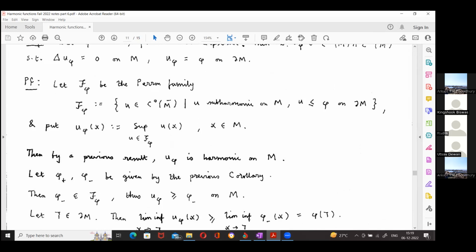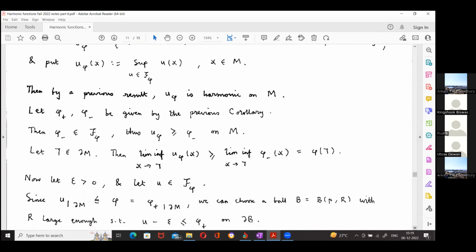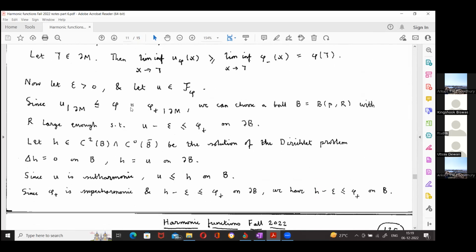So if u is less than or equal to phi plus on boundary M, then the function u minus phi plus is continuous on M bar, and it is less than or equal to 0 on boundary M. Therefore, by continuity,